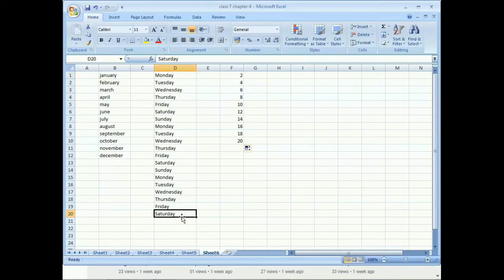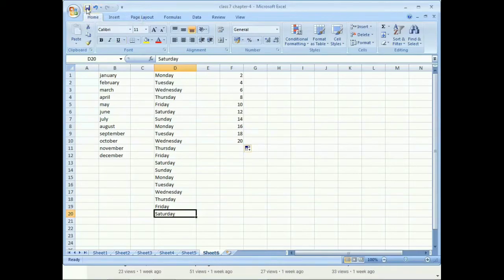This is the feature of autofill, and next we can use the undo and redo commands. In the quick access toolbar you can see this is the undo option and this is the redo option. After making any modification in a cell, if we wish to cancel the changes and retrieve the previous data, we click on the undo button.